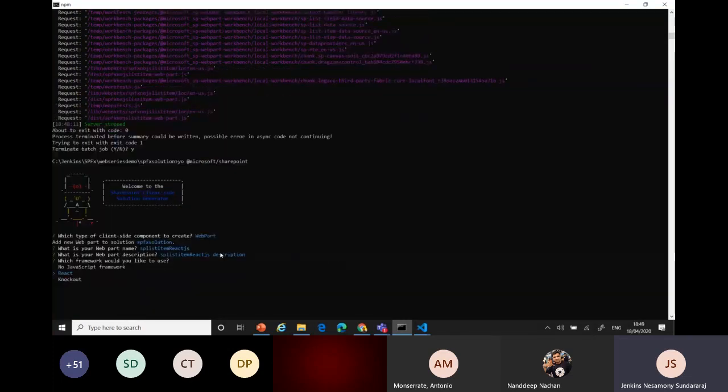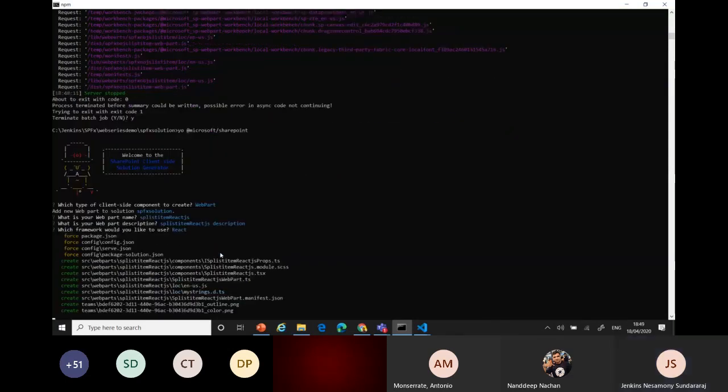You can press page up and down by key and move through the options. For React, I want jQuery, because I need to connect to the REST API, using jQuery as an Ajax model.